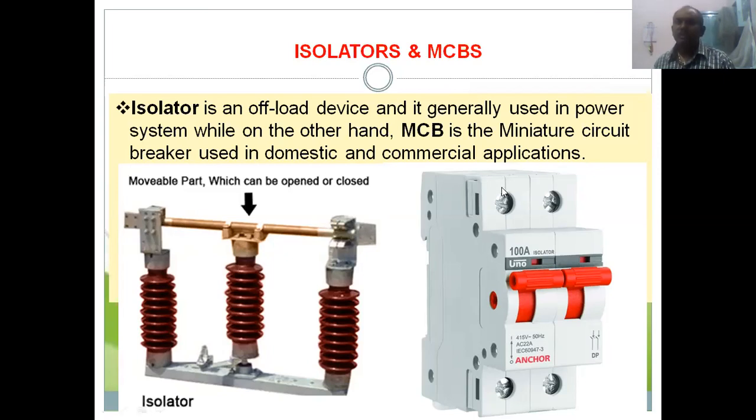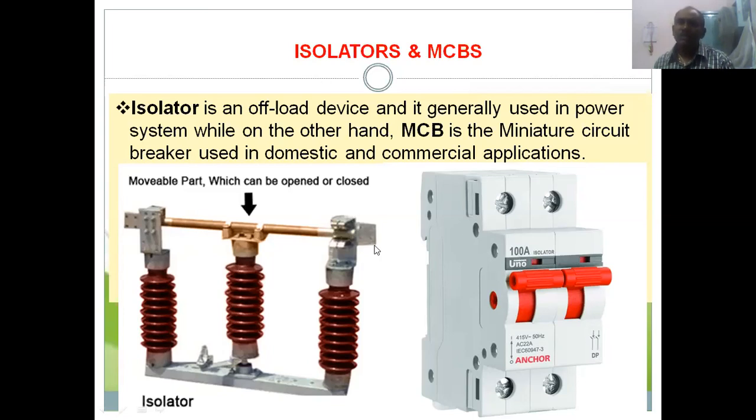In the case of some industry, suppose in olden days, we used the DP double pole switch, the main switch in domestic use. It indicates whether current is available in the house or not. We can see it by the red light near the energy meter. That is the DP double pole switch, where it can open and close the phase and neutral. In olden days we were using that one. Nowadays we are using these isolators, just like this MCB. It can operate up to 100 amperes. So these are the main isolators.